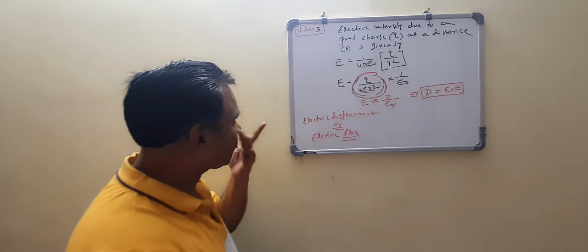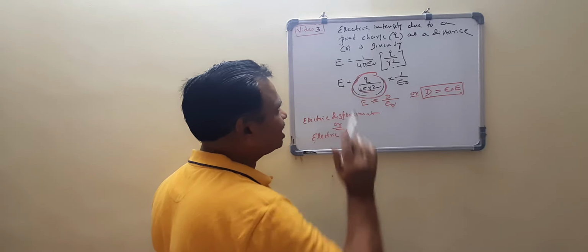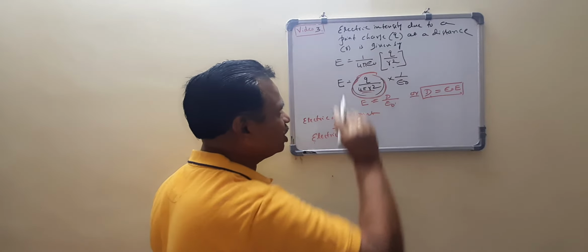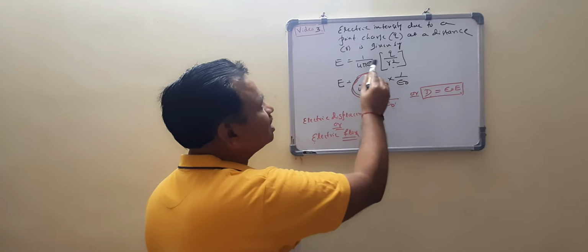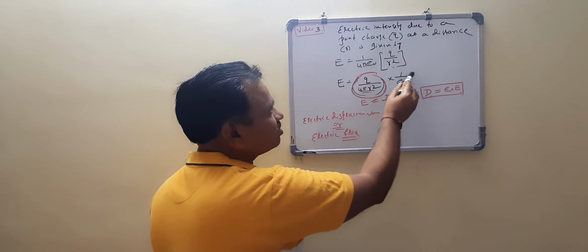Here you see, it is a general equation for the electric charge: 1 by 4 pi epsilon naught into Q by R square. I rearrange the terms here. It is Q divided by 4 pi into